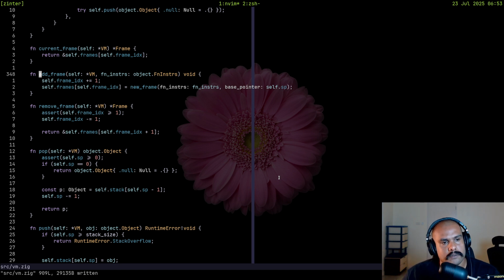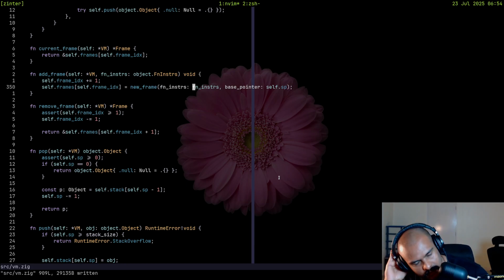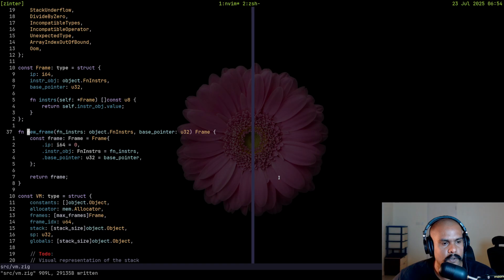Frame index plus equals 1. Actually, no. I did think of that too. Because we only need the base pointer, which is always the stack pointer before arguments were added.